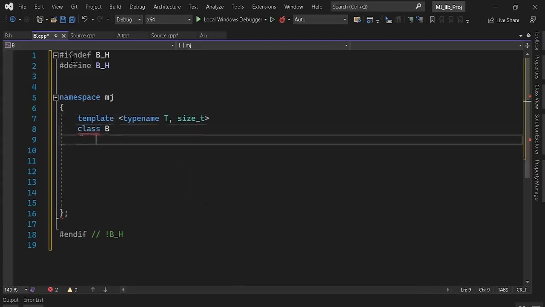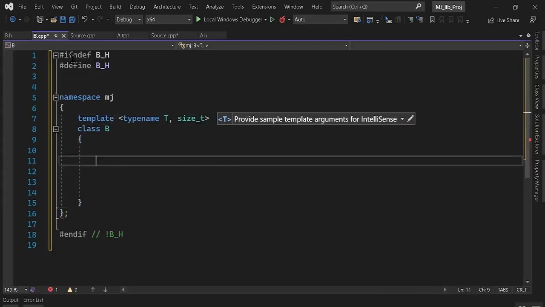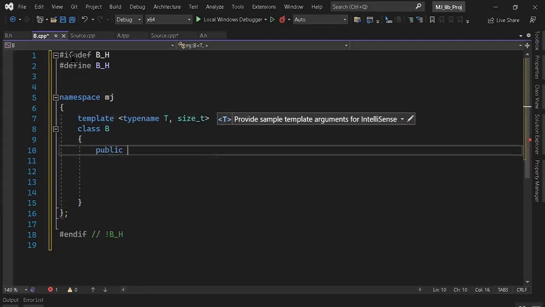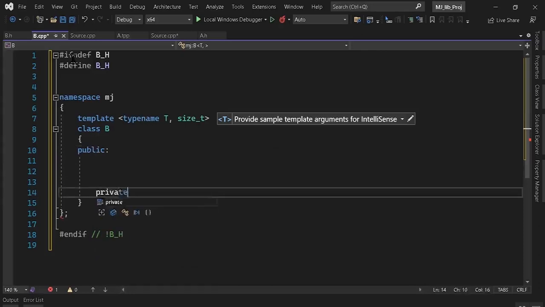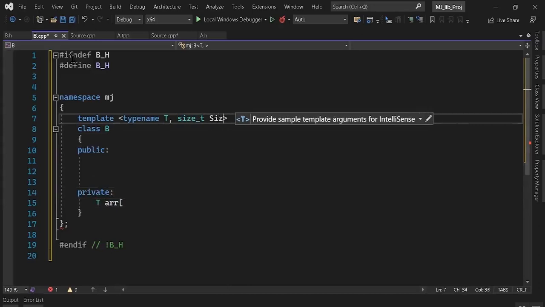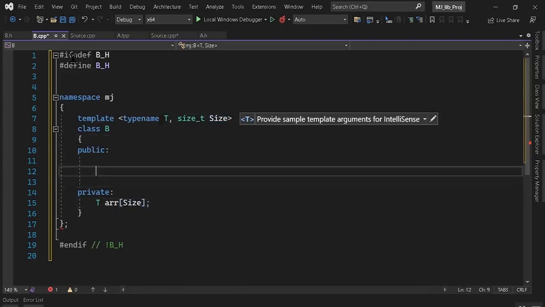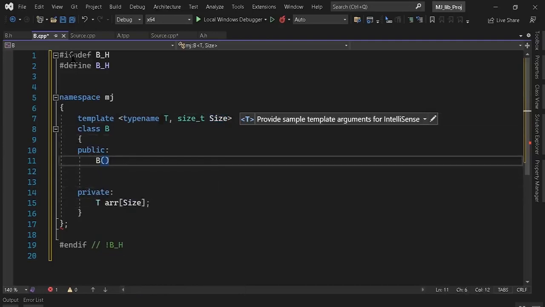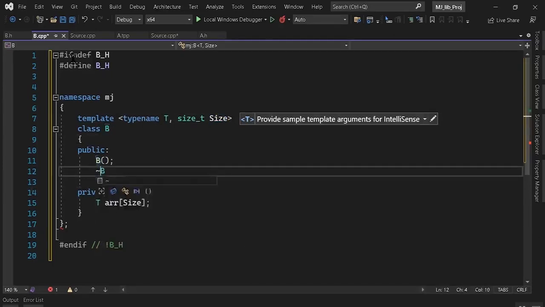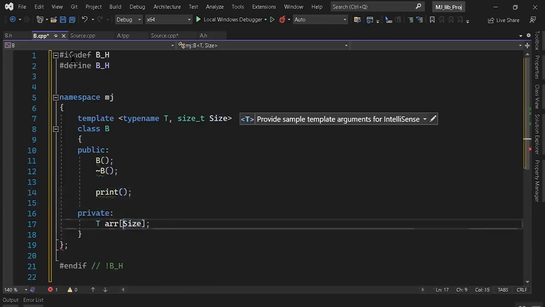So I want to put the entire methods of the class, so maybe at max constructor, and here we would define size and pass it as the size of the array here, and maybe the constructor and the destructor. Let's also add one more method here called, for example, print, that prints the indices inside this